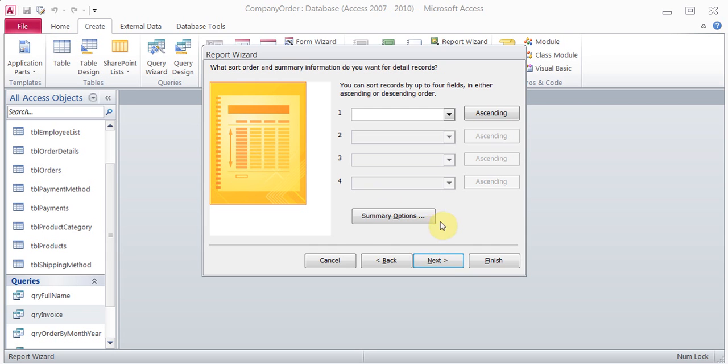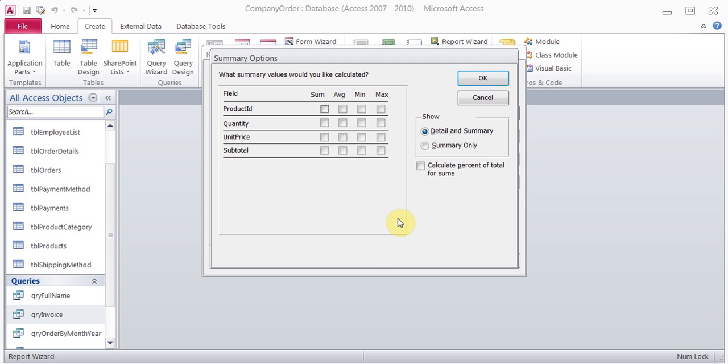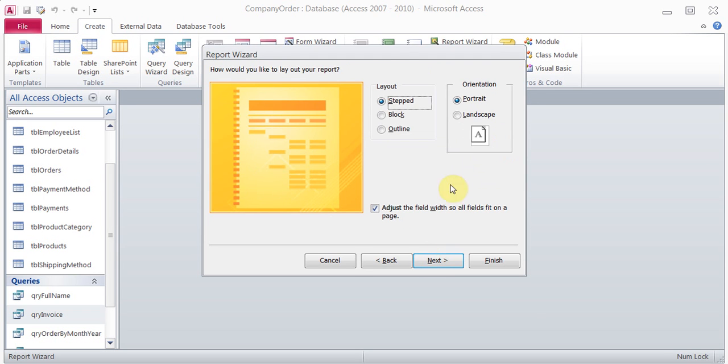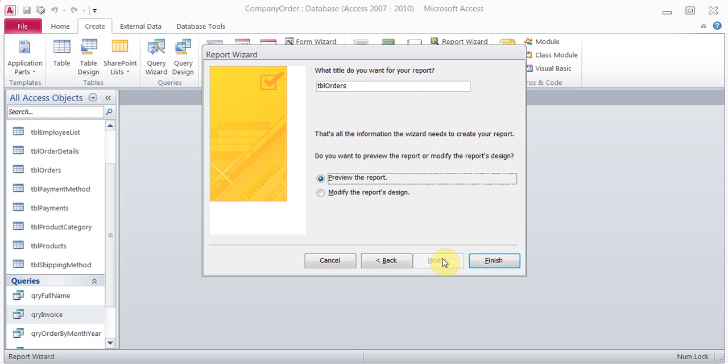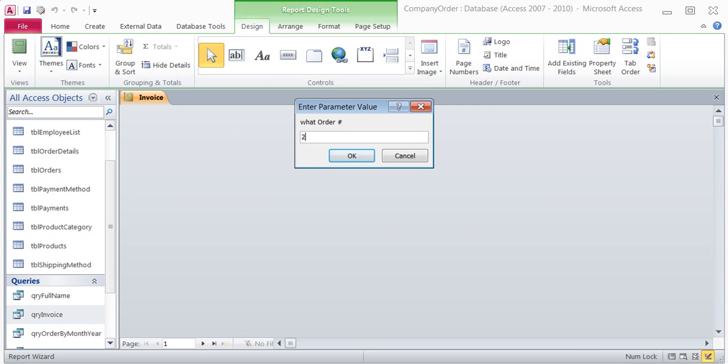Now this summary option feature is new for 2010, and if you wanted, you could just click here and you can say do a sum of subtotal, and you can just choose summary only because you don't need the detail. So it's a nice little feature they've added, but I'm going to show you how to do it manually. Click next. I'm going to make it landscape. You can have it portrait and then rearrange it. Next, I'll call it invoice. This will be in the report section, and I can just click preview, finish, put the order number 2,